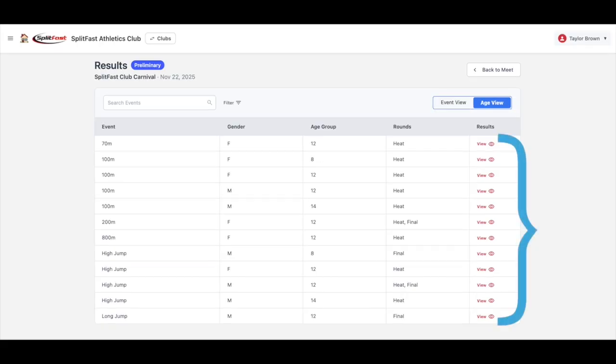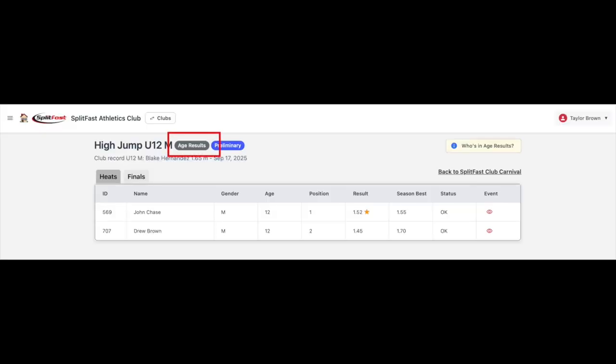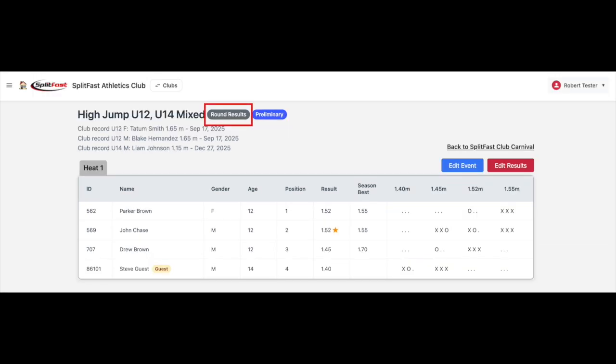By selecting the View Eye symbol in the fifth column of the Age View page, you will be taken to the Age Results page. The Age Results page combines all rounds of the same type into a single rank list. If an event ran 3 heats and 2 semis, every heat result is ranked together in one heats list, and every semi result into a separate list, no matter which heat or semi an athlete ran in. By selecting the eye symbol in the ninth column of any row, you will be taken to the round results page for that particular heat,